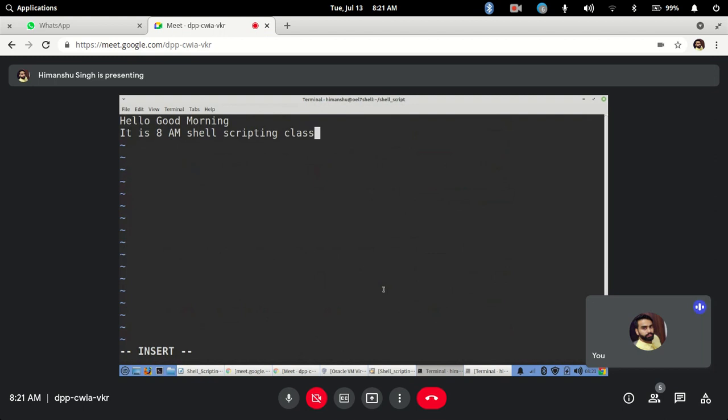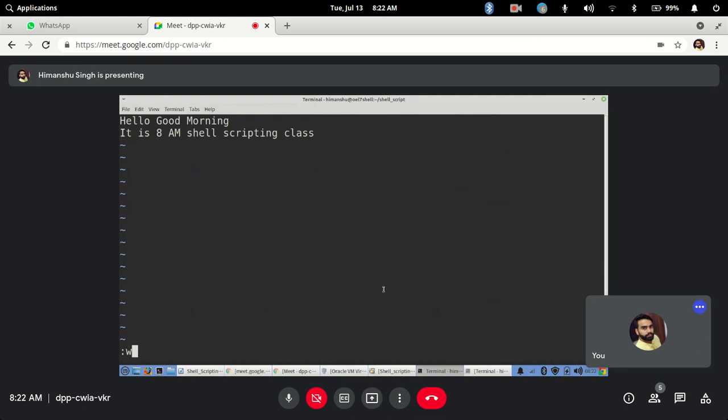Now once this is written, I have to save this file. To save this file, I will go back to command mode. Insert mode is for inserting, deleting, everything like a normal keyboard. Apart from that, you have to go back to escape mode. I will press escape and come back to my command mode, and to save the file I will do escape colon W. W means write, Q was for quit, W is for write.